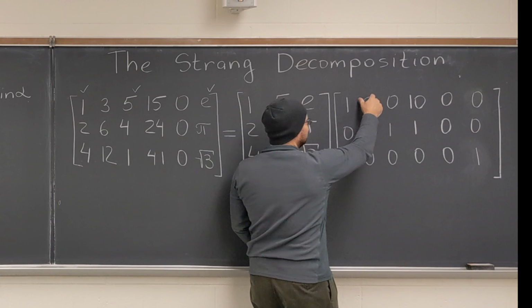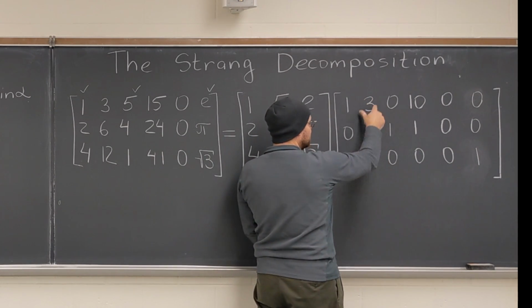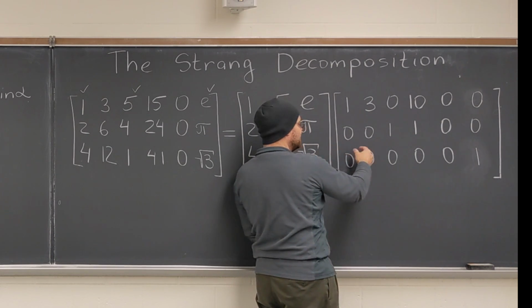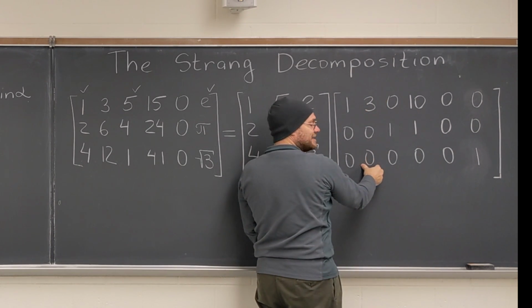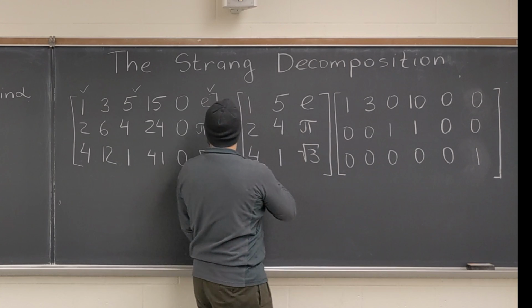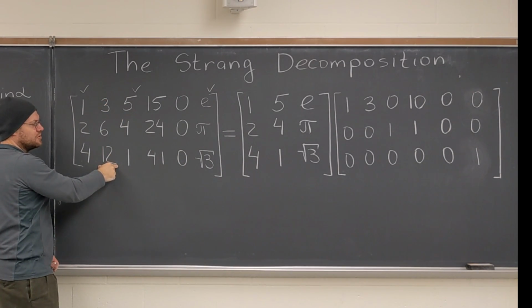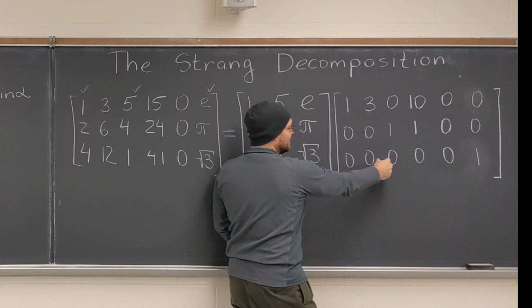Now, what does the second column tell us to do? It tells us to do the same thing, just 3 times as much, and make it the second column. So in other words, it'll make the second column 3 times the first column, and boom, the second column is restored. And what does the third column here tell us?